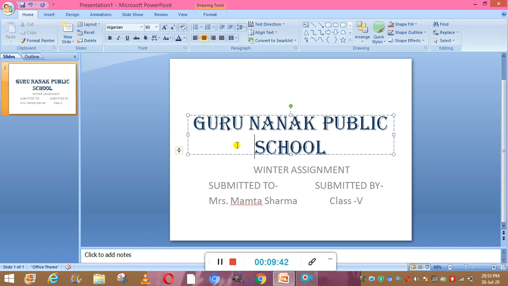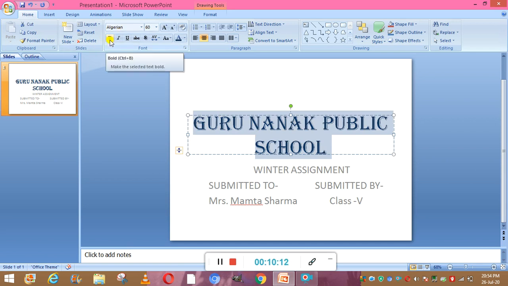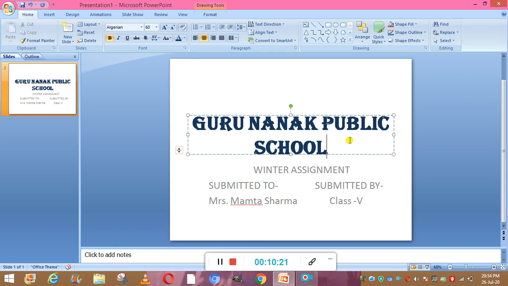Now you can see the font color has been changed. Next is the text effect. To differentiate between text or to highlight some text, we need to make it bold, italic or underlined. What do we mean by bold? It makes the selected text appear thicker and emphasized, darker than the other text. How can we do that? First we will select this text again. Now we will click on the B button, or the shortcut key is Control plus B. Now this text has been made bold.